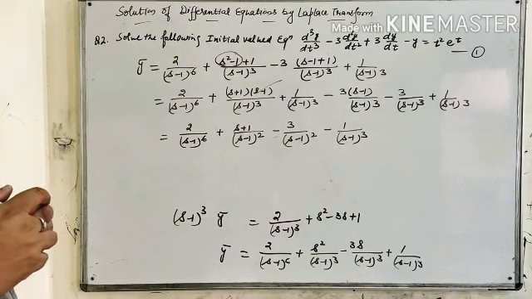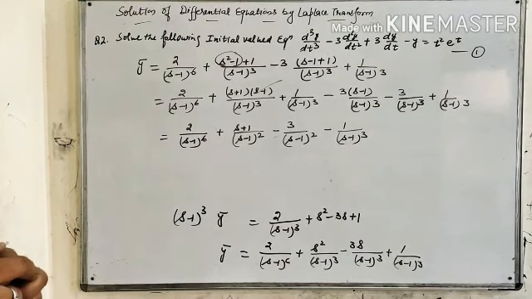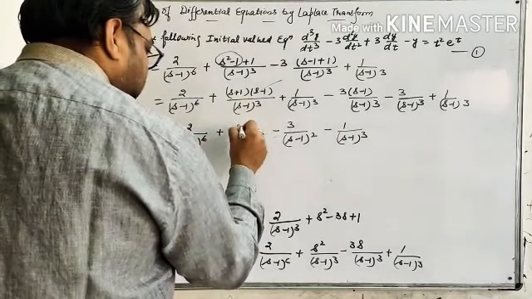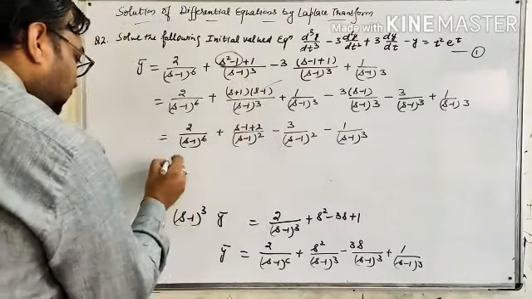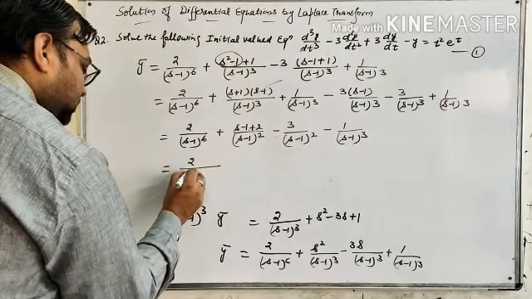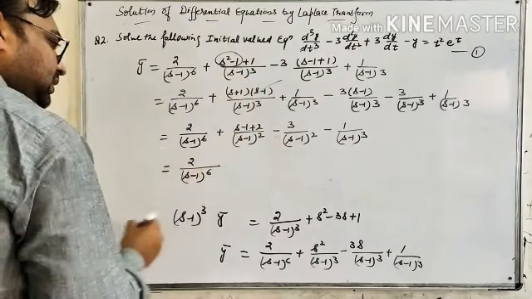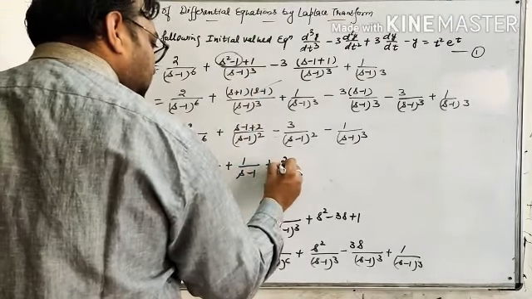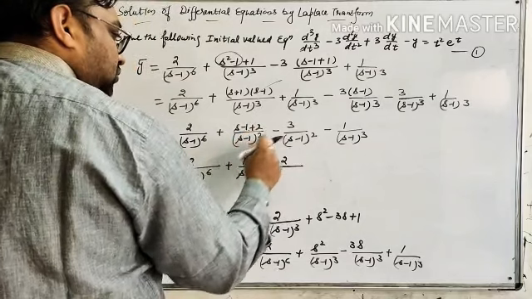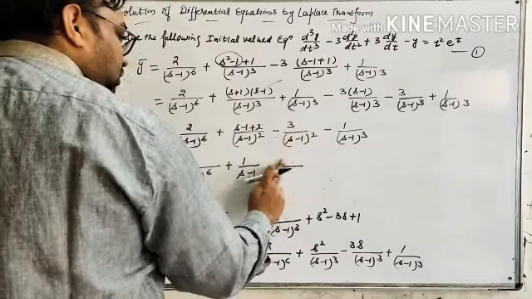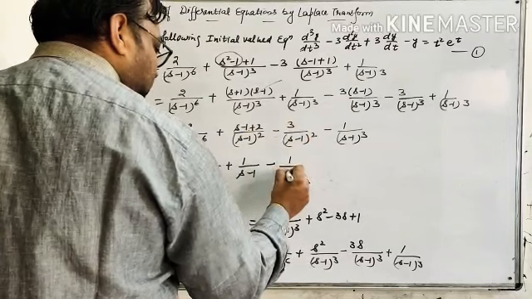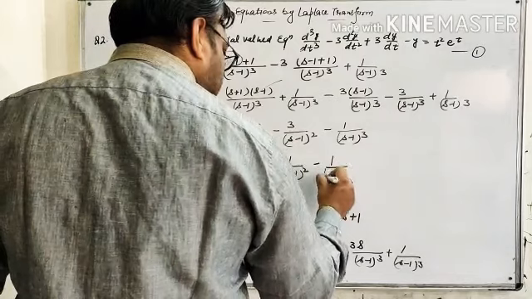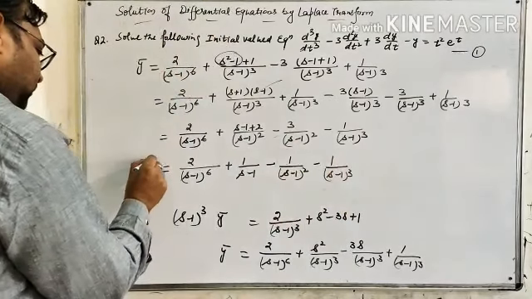So for this we can again add and subtract 1 from here, that is we can rewrite it as s minus 1 plus 2. So this can be written as 2 upon s minus 1 power 6 plus 1 upon s minus 1 plus 2 upon s minus 1 square minus 3 upon s minus 1 square. So it will convert into minus 1 upon s minus 1 square and minus 1 upon s minus 1 cube. This is the value of y bar.